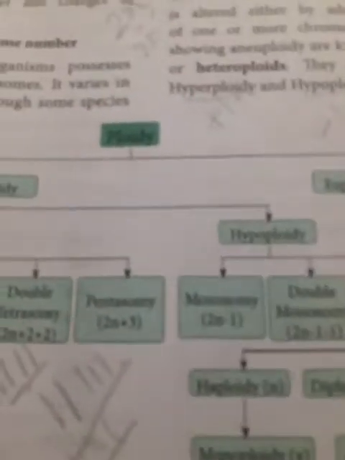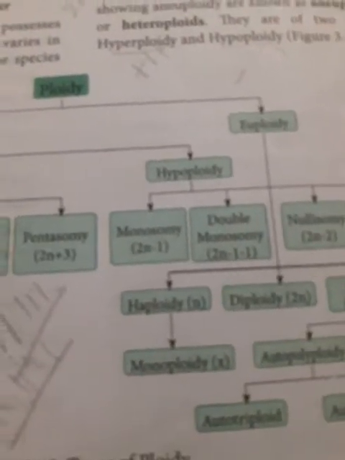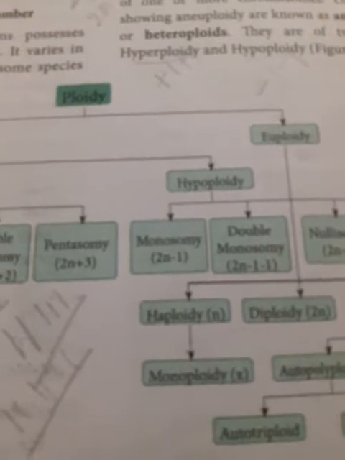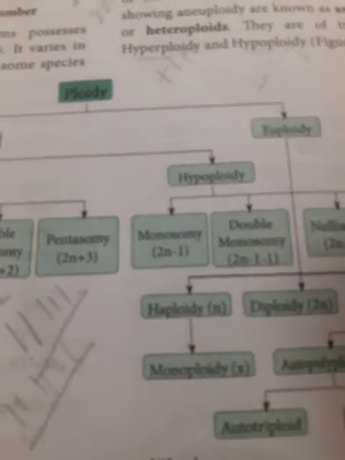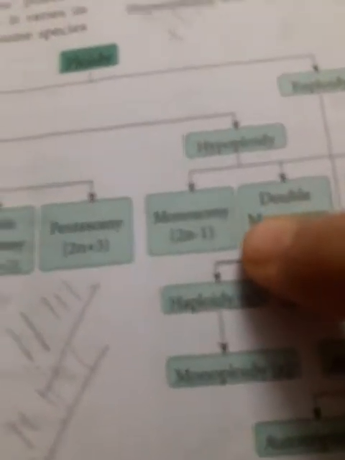But with the diploid set of homologous chromosomes, 2 will be added, so 4 chromosomes is tetrasomy. Any individual chromosome, either 2 sets, 3 sets or 4 sets, will be increasing. Accordingly, when 4 are added it is called hexasomy. But in your book, it has been given as pentasomy.